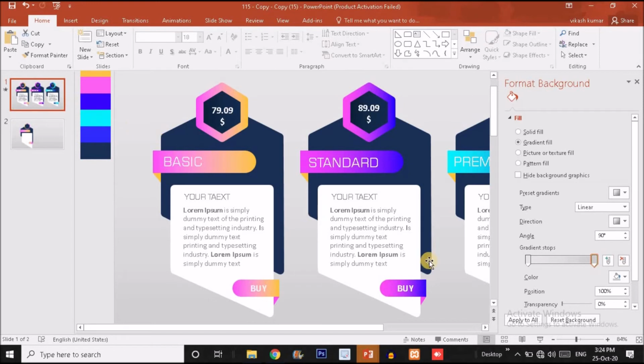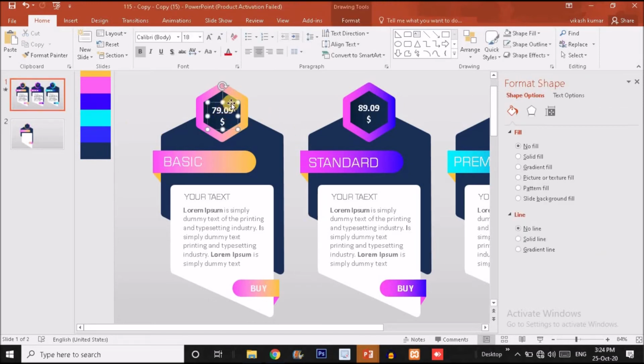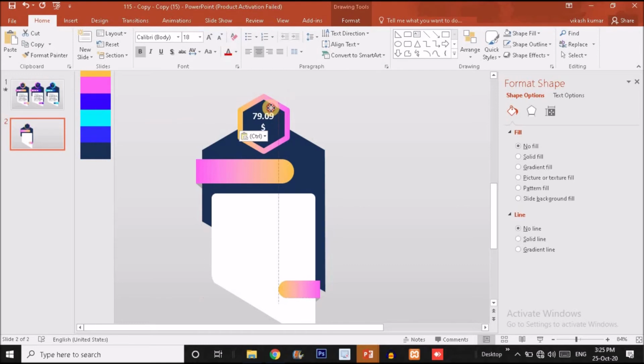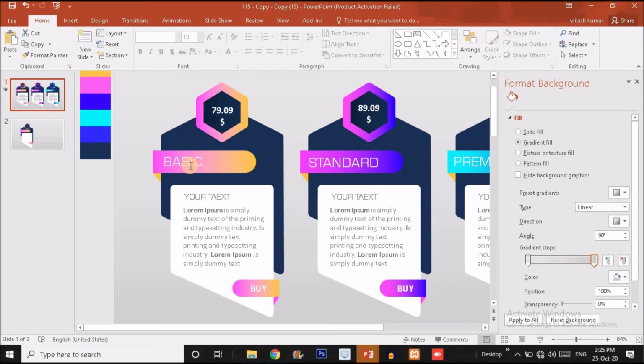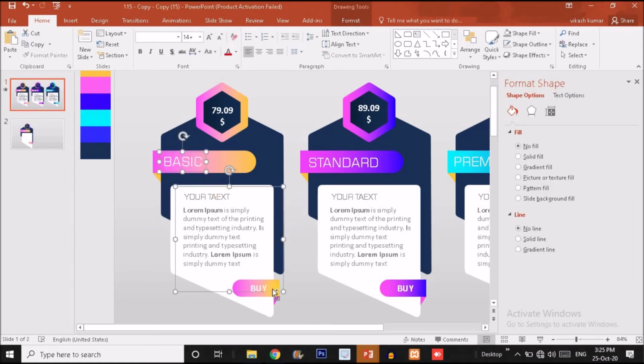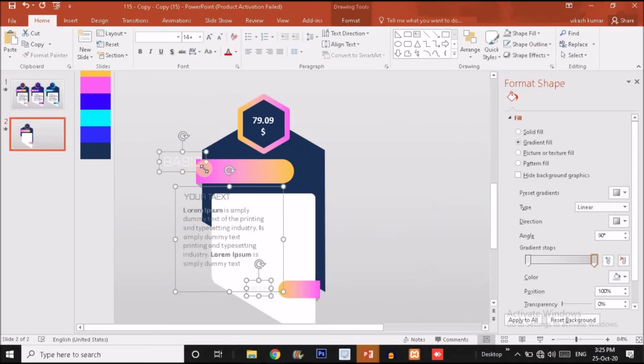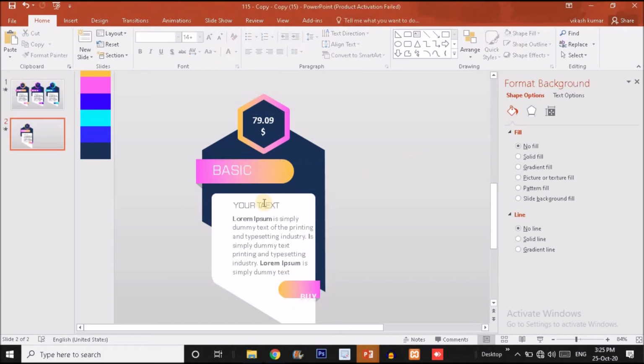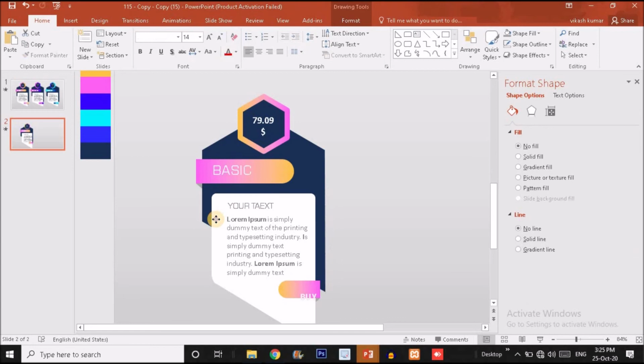What we have to do now is put this pricing text over there. So I'm going to copy it and paste it over here. I will explain which type of text I'm using for this pricing text, so don't worry guys, I will explain each and everything. Press Ctrl C and paste it over here like this. So this is the basic. Put this text over here and put the buy text over here. Okay guys,